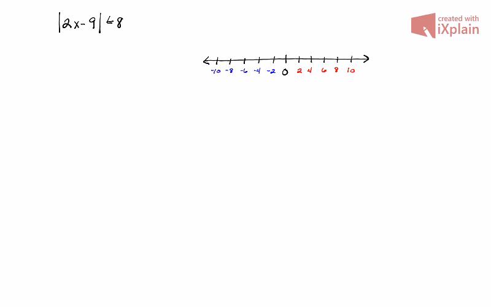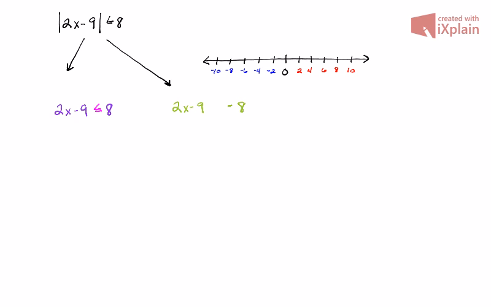So if you recall, when we were doing problems like this before, we had two situations. We had 2x minus 9 being broken into two different situations. One of them dealt with 2x minus 9, and it had some sort of relationship with 8. And then we also had another one where 2x minus 9 had some sort of relation with -8. And since we're dealing with inequalities, we need to be careful here. So in this situation,